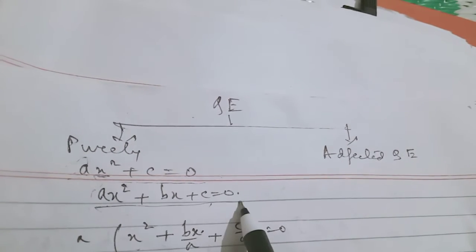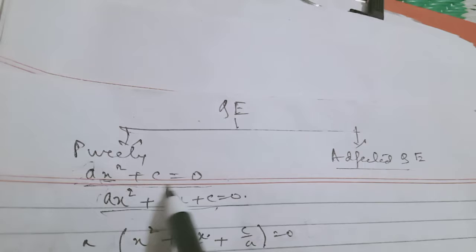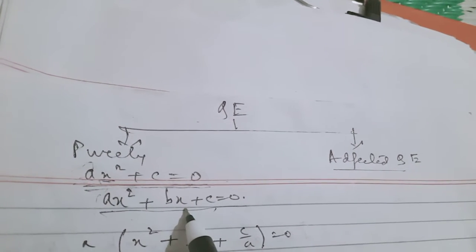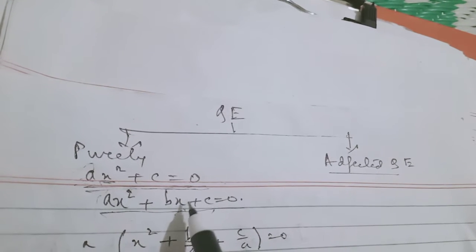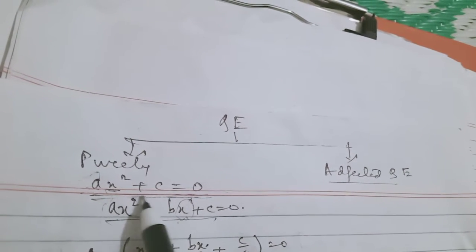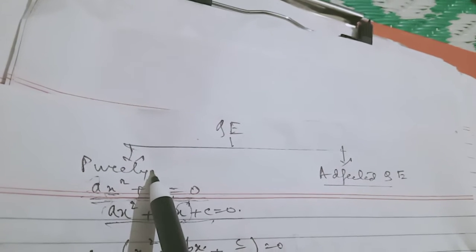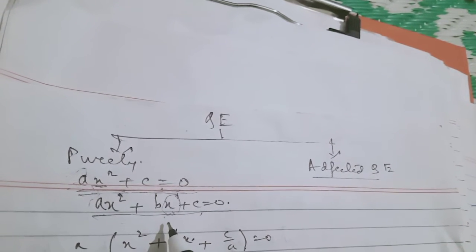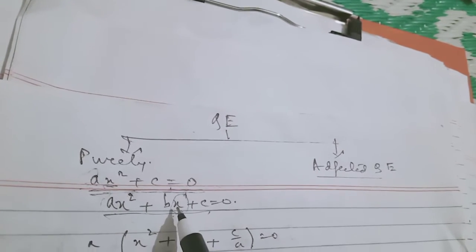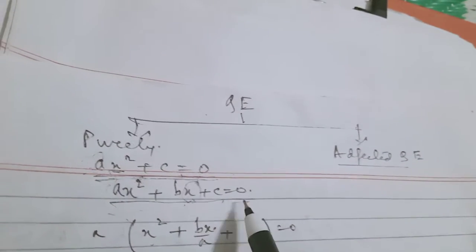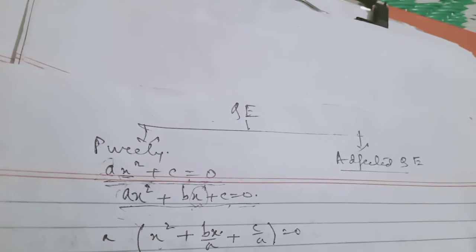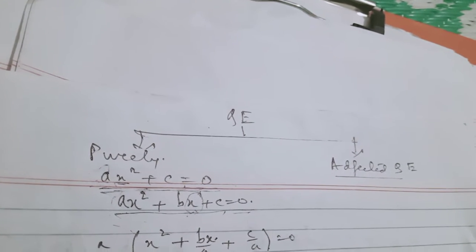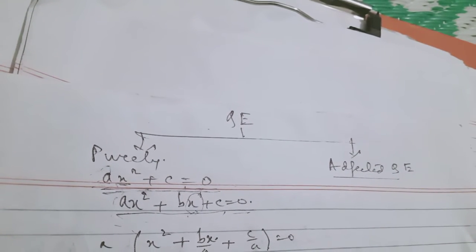This is a complete quadratic equation or adfected quadratic equation. This is a purely quadratic equation where b is equal to 0. The equation in which the term containing the first degree of the unknown quantity is absent. The degree 1 of the unknown quantity is absent here. It is a purely quadratic equation, and when b is not equal to 0, then it is adfected quadratic equation. And ax² + bx + c = 0 is thus known as the standard form of the quadratic equation. Here a cannot be equal to 0 and a, b, c are numbers. It may be real number or complex number, and x is a variable.